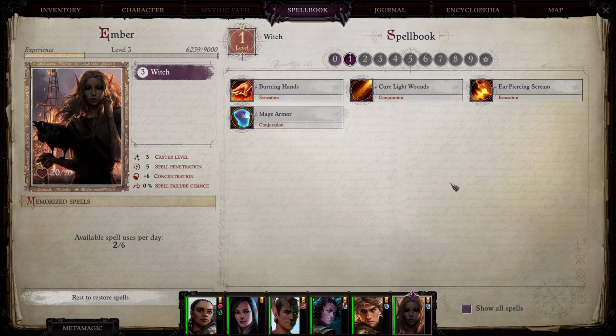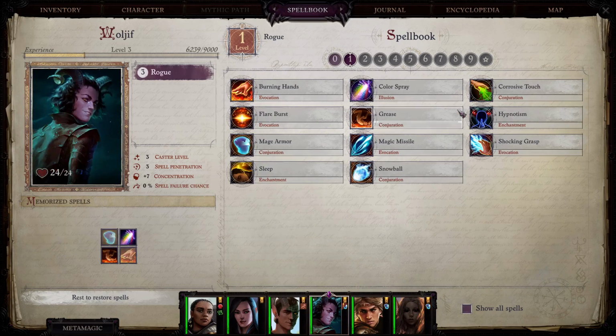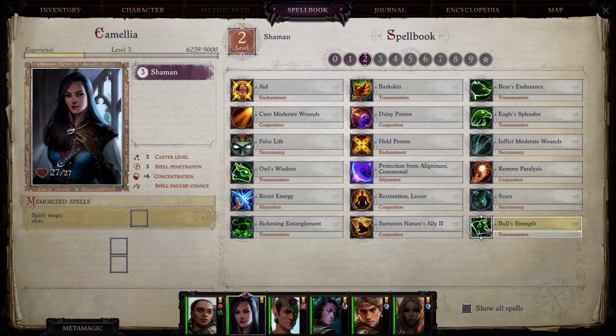This is all the spells that she has at level 1. She doesn't have any level 2 spells. There's no restoration or anything like that at level 0. He's got spells, and since he's not in the cleric class, he's a mage, he's not going to have a restoration type of spell. And she has... She's a shaman, so she has lesser restoration. And she doesn't have memorized spells in level 2. Okay. She has what? She gets spirit...